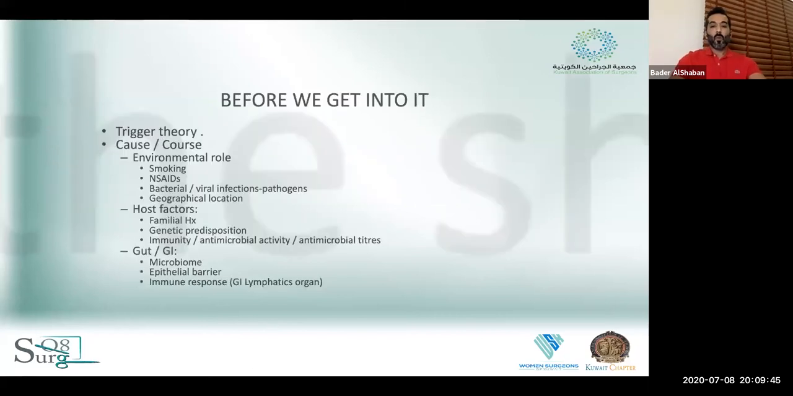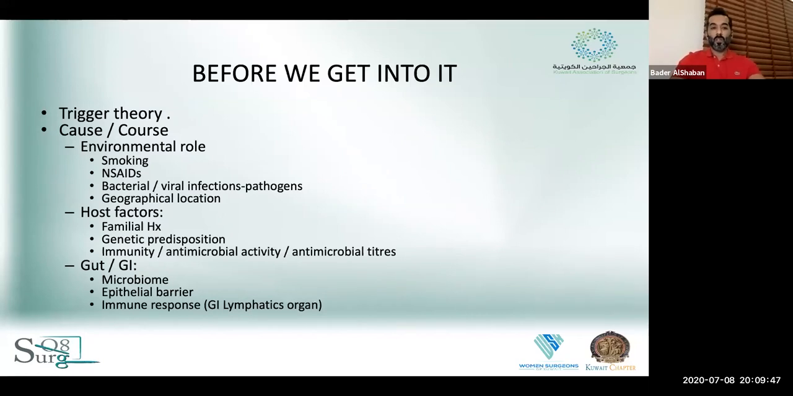So, what can cause Crohn's? What can cause ulcerative colitis? There's a lot of theories, mostly rotating around the trigger theory, whereby you may have some predisposing factors, either genetic or acquired, and on top of environmental factors, there might be either a causation or alteration in the course of the disease. Some of these environmental factors have been noted to be smoking,